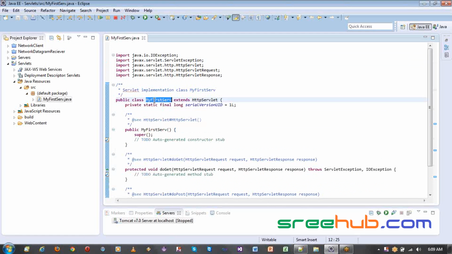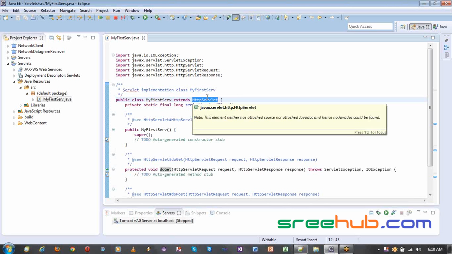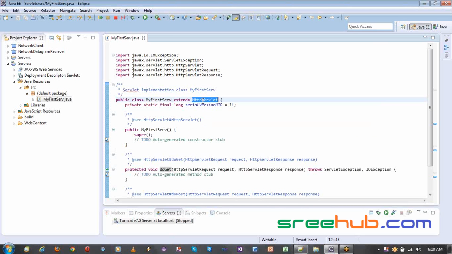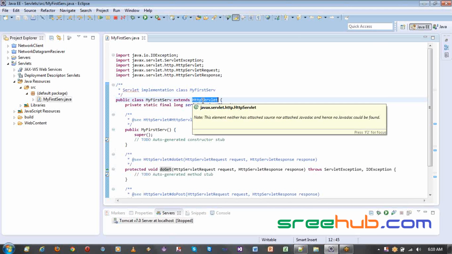Even Servlet is a base class, which we have seen before. But the first rule is that a Servlet must extend one of the Servlet classes. As we are looking into the HTTP protocol, we are going more specifically to HttpServlet, right? And